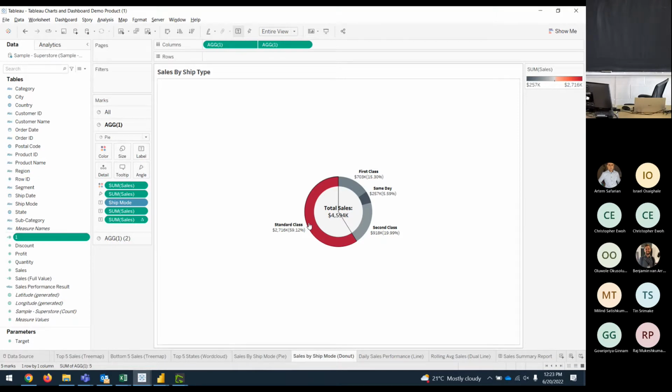And then in the second one, it should just be sum of sales, and then edit that label. Show mark labels. And then in the text,